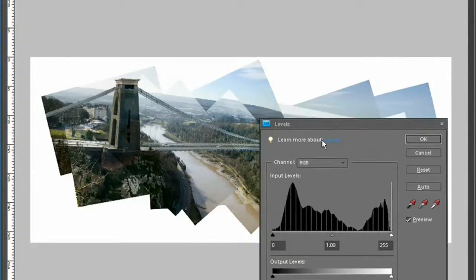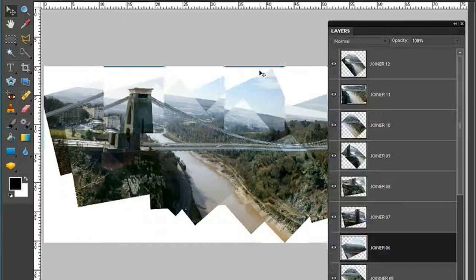Let me just move that down a wee bit by dragging the grey input level slider to the left slightly, just to lighten up the gamma a wee bit and make it less of a contrast. Click OK, and you can still see it's a separate photo, so that's fine, but we fine-tuned the level like so. I'm now going to tweak the colours of the overall image because they're a little bit muted, or desaturated rather,